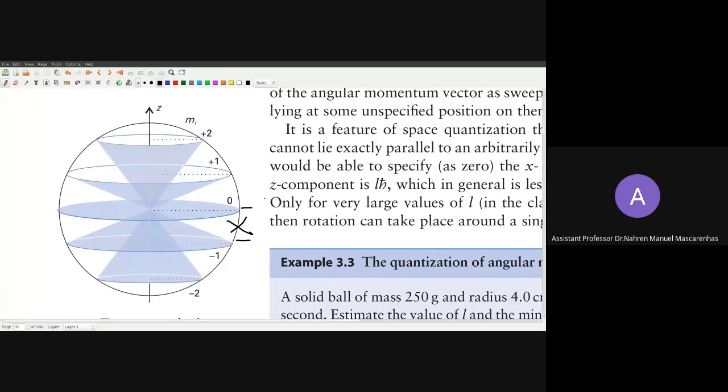Either a derivation, I mean not derivation, either interpretation, will take another 2 classes, which I don't want to do now. Even Kale Kapoor discusses this. Kale Kapoor is actually a pretty good book for MSc. You can have a look at that. So that's all we are going to do about the rigid rotor.